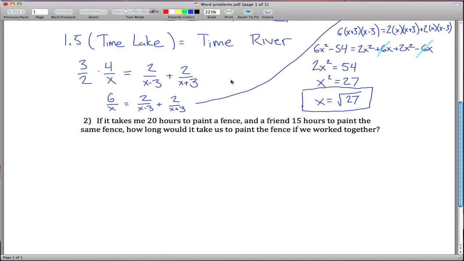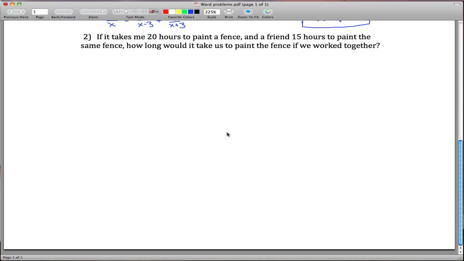The second word problem, a little bit quicker. I don't know if it's any easier. It's the fence painting problem. And the idea is it takes me 20 hours to paint the fence and it takes somebody else 15 hours to paint the fence. And we want to know how long it would take if we work together. And sort of the trick on this